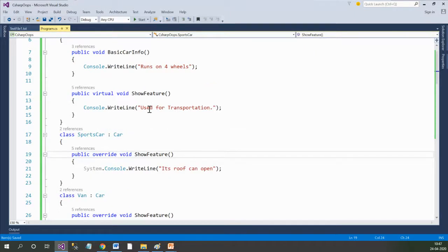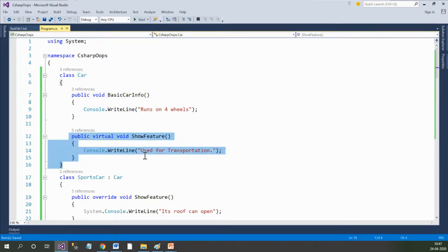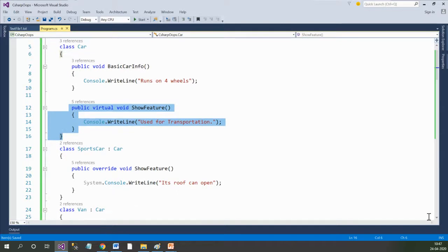Now let's try to understand this code. This is the base class having two methods. The basic car feature is that it is used for transportation. Now there is one more class. Let's take an example. There is a SportsCar being created now.